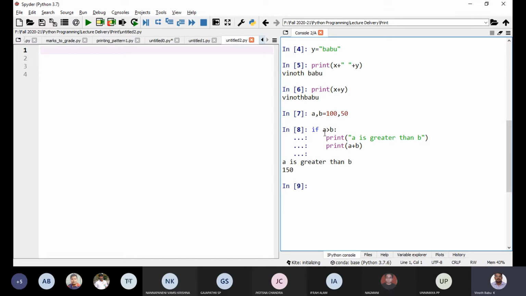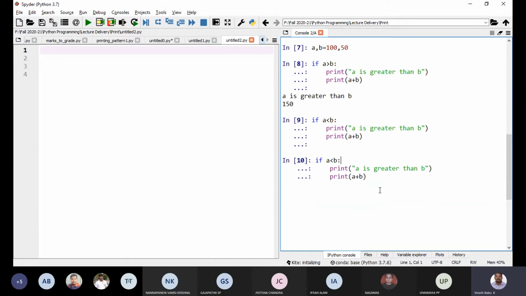I don't have another alternative, so no need of that else part. The condition is true, so this is executed. Whatever is available here is executed. Suppose the condition is false, you won't get anything. No operation. That's it. No output, no operation. Only one alternative.